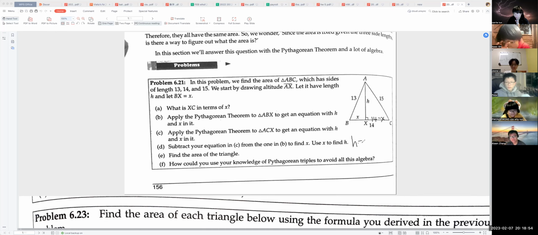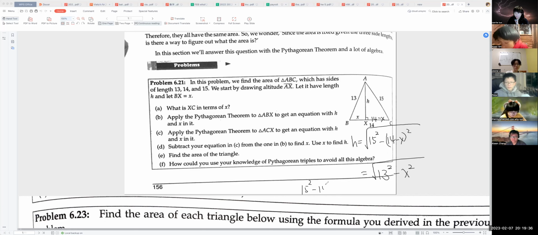Can you give me the equation: H equals what? Is it the square root of 15 squared minus (14 minus X) squared? Correct. And with this, we can also have H equal to the square root of 13 squared minus X squared. Correct? Because in this triangle, we can use the Pythagorean theorem, and in this triangle, we can use it again. 那我等式两边这两个等式是不是相等的？